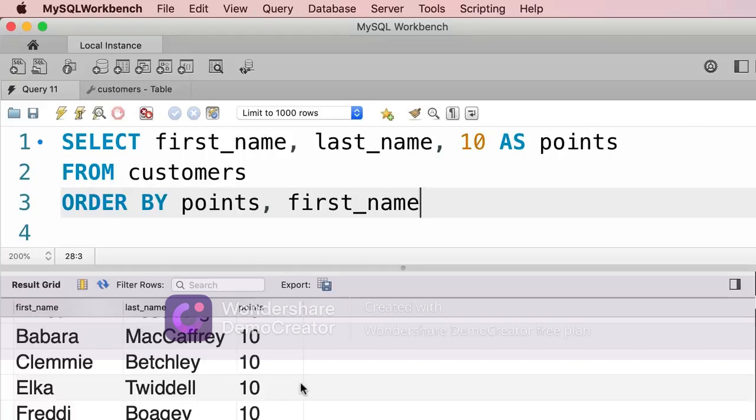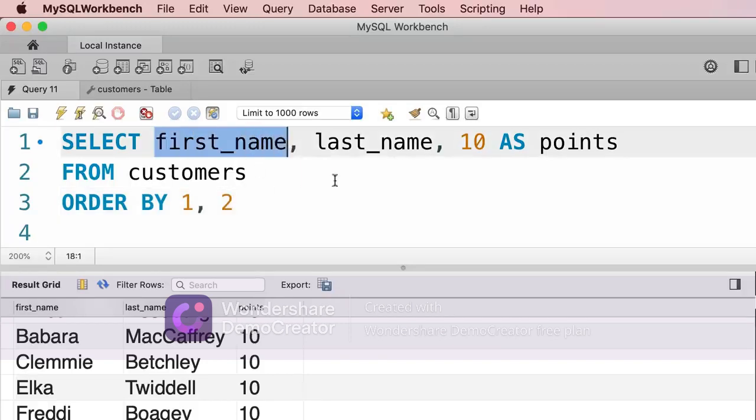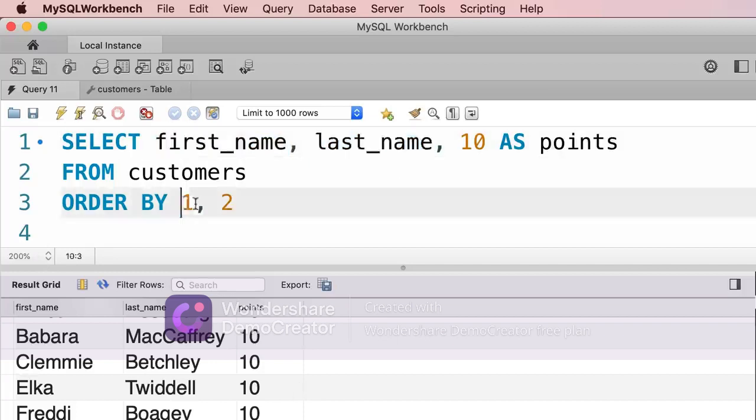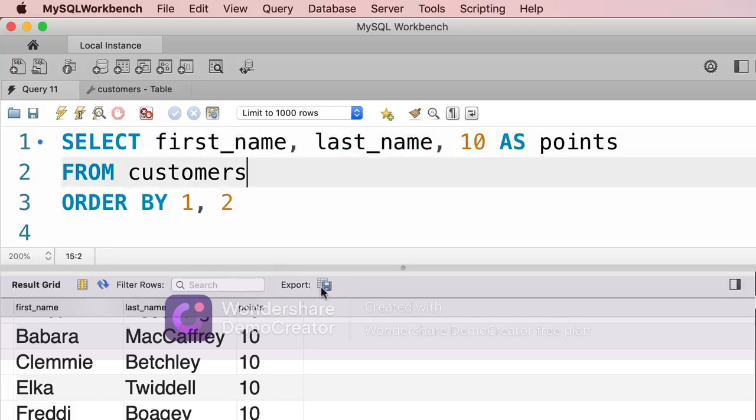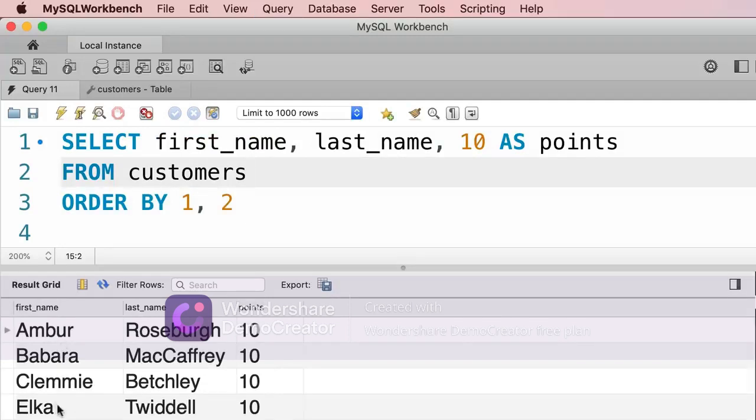Now, one last thing before we finish this tutorial. I've seen some tutorials that teach you how to sort data by column positions. For example, here we can order by 1 and 2, and that basically means sort the data by the first name and then the last name. So these are the order of these columns. If we execute this query, you can see that our customers are sorted by their first name and then the